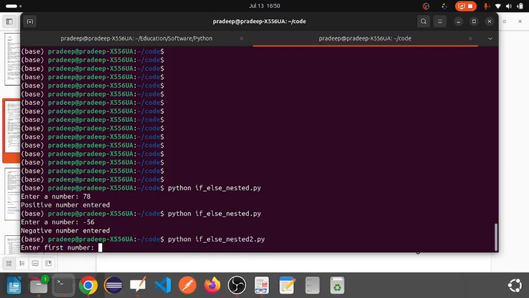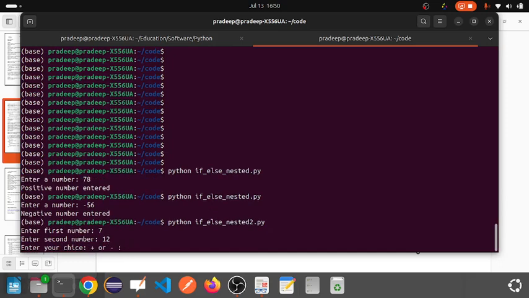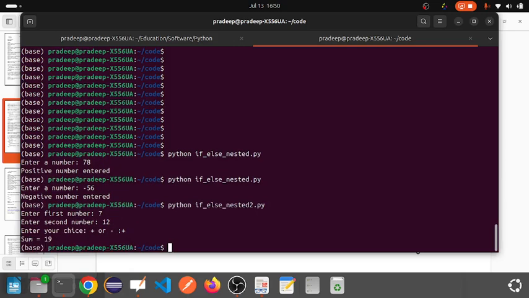Suppose as a first number I enter 7. Enter second number. Suppose I enter 12. Enter your choice, plus or minus. If I press plus and press the enter key,